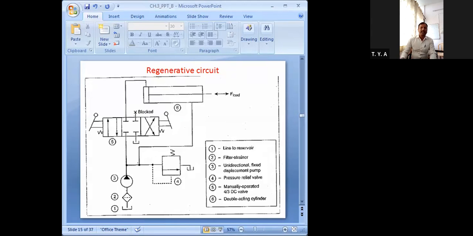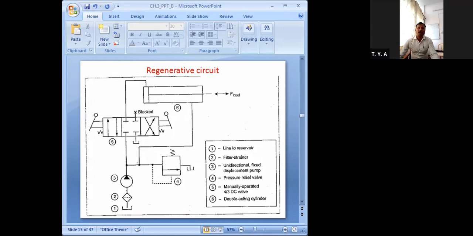Getting it? Now, if you take the first position, the extension position, the fluid will pass from the P port to the A port, then from the A port towards the blind end, or cap end, of the cylinder.